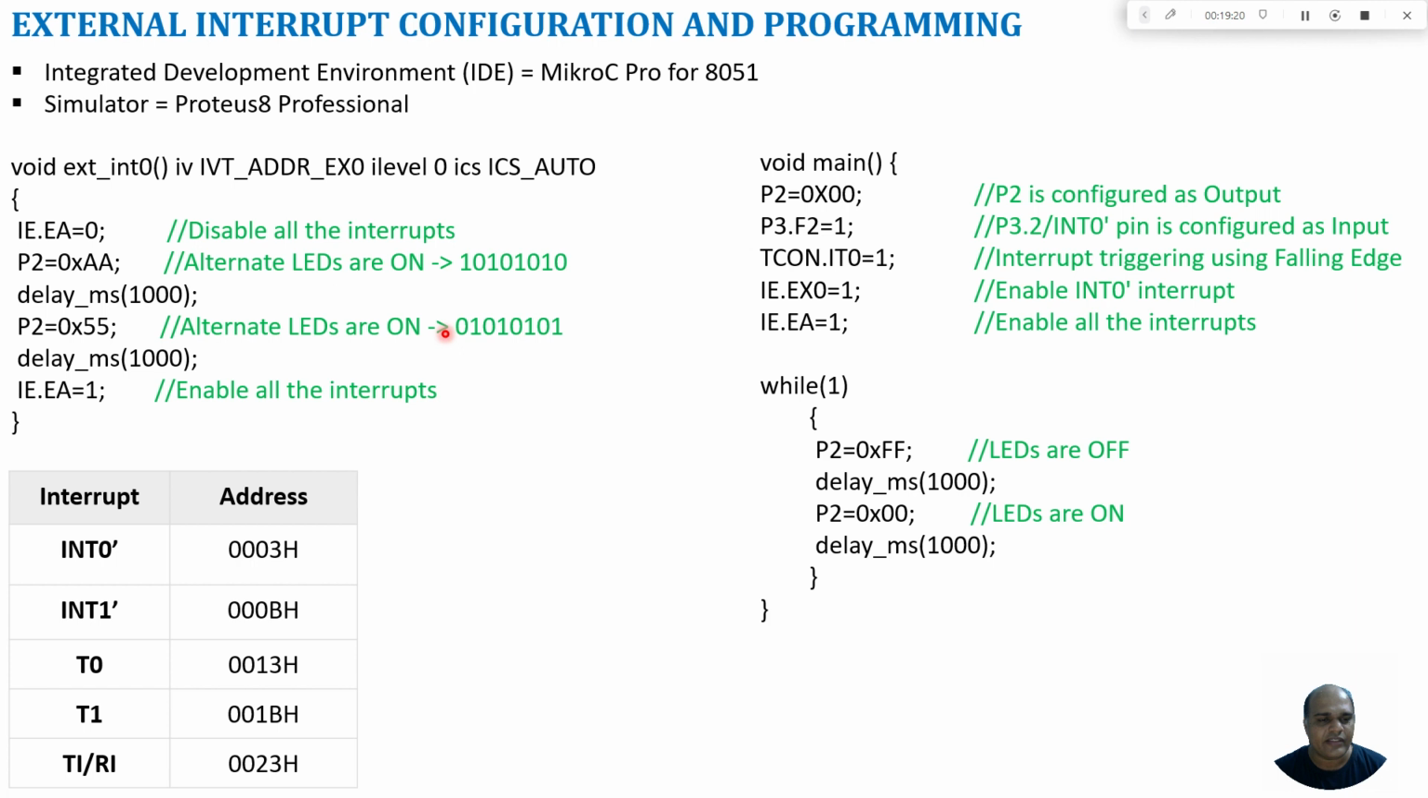When I want to come out of the ISR, we enable all the interrupts so that next time when an interrupt occurs, it can be recognized. So it comes back to the main program. Again, in the main program, all the LEDs are on, continuously going on. Again, when an interrupt comes, it goes to the ISR and executes this program, and comes out to the main program. So this is how the embedded C programming for your external interrupt is done. Now let us look at the Proteus environment,